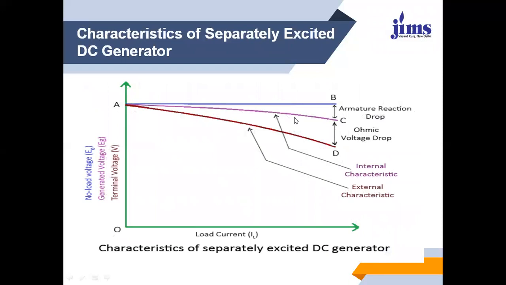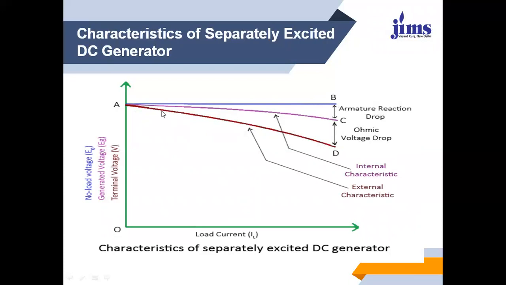These are the combined characteristics, and the no load characteristic is indicated by the blue one. We find that this is the voltage when the generator just starts and achieves a specific speed, then the specific voltage will be generated. So for all three parameters, the initial point for a generator is constant and common, either for the no load voltage, the generated voltage or the terminal voltage. While we are increasing the load, the no load voltage remains constant in nature.